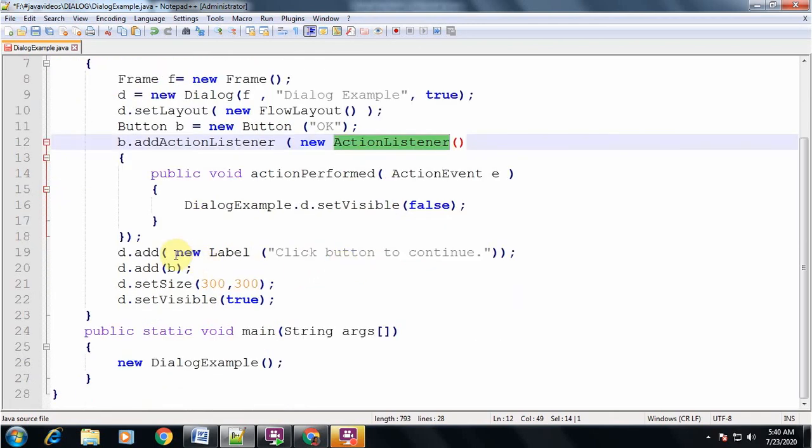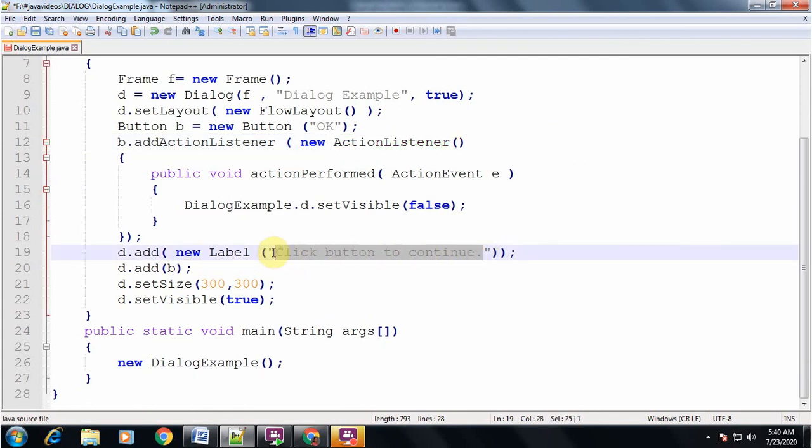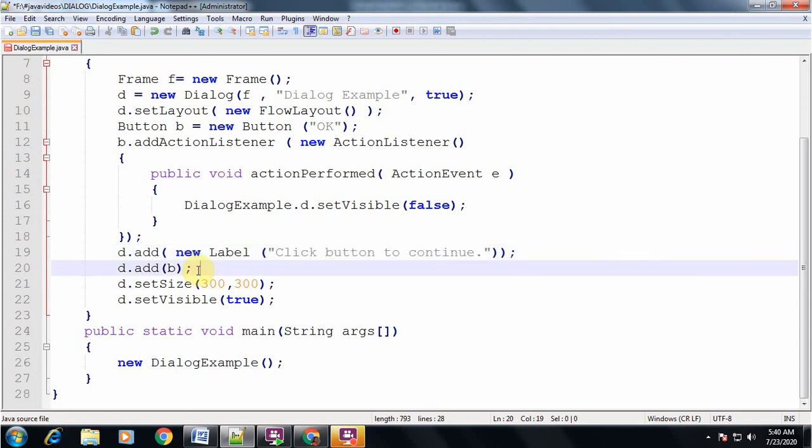Then you are adding one label on the dialog box, which says click button to continue. This label will be displayed. Then d.add(b), that is, to the dialog box you are adding the button b, and the size for this dialog box is 300 comma 300. And d.setVisible(true). And in the main method you are just calling new DialogExample.